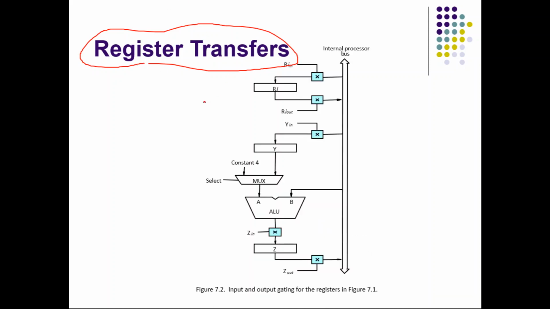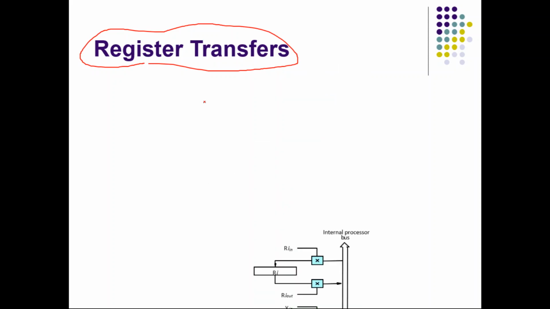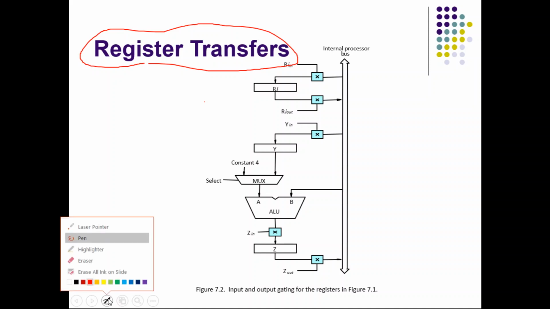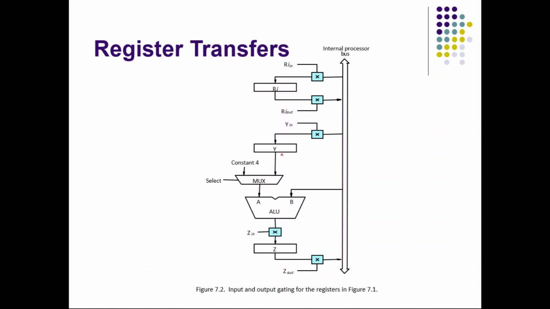So first let us talk about register transfers. That is how to transfer data from one register to another register. Exactly how it's happening, that's what we are going to understand. This is another version of the previous diagram we discussed, but here we are concentrating only on the register part. All these things are the same as in the previous diagram. The ALU takes two inputs, one from the multiplexer and one from the internal bus, and here there is Yin. So there is another Yin added here.